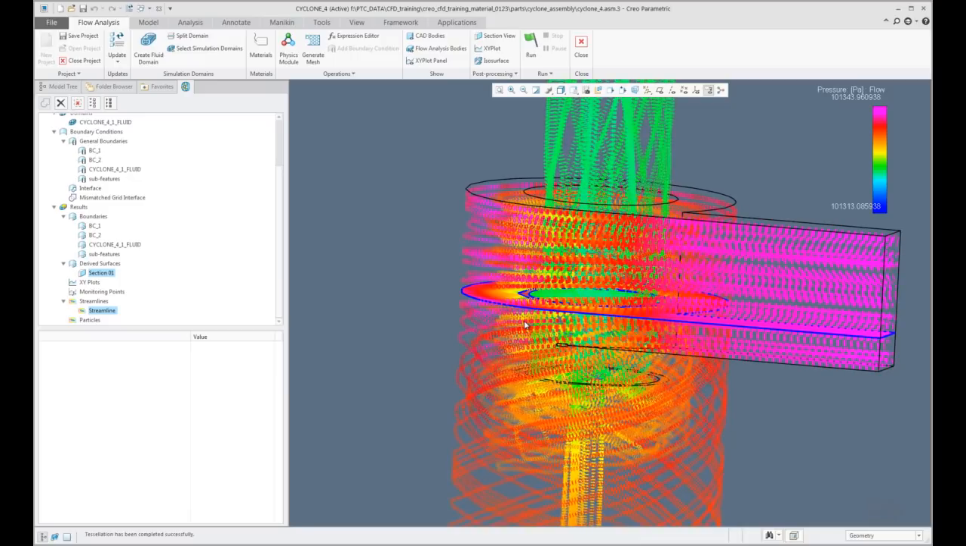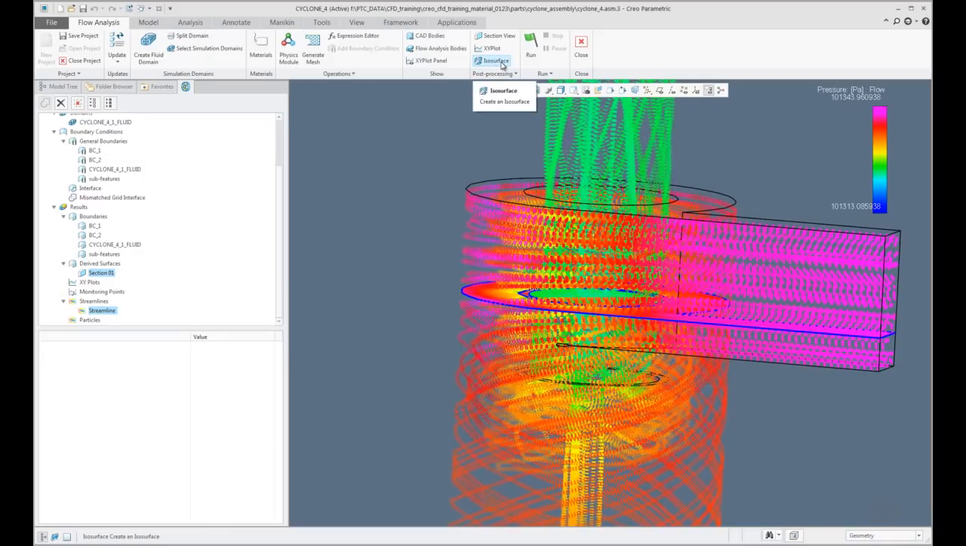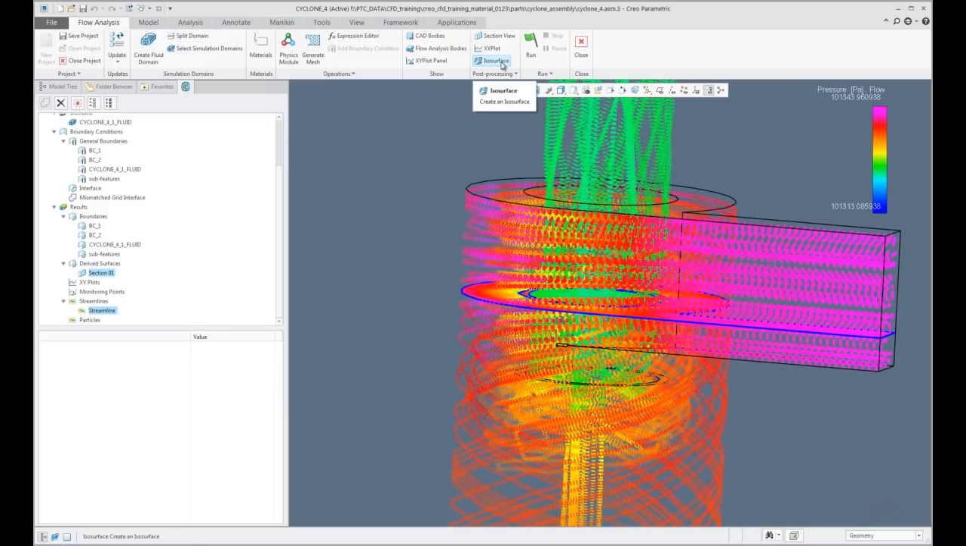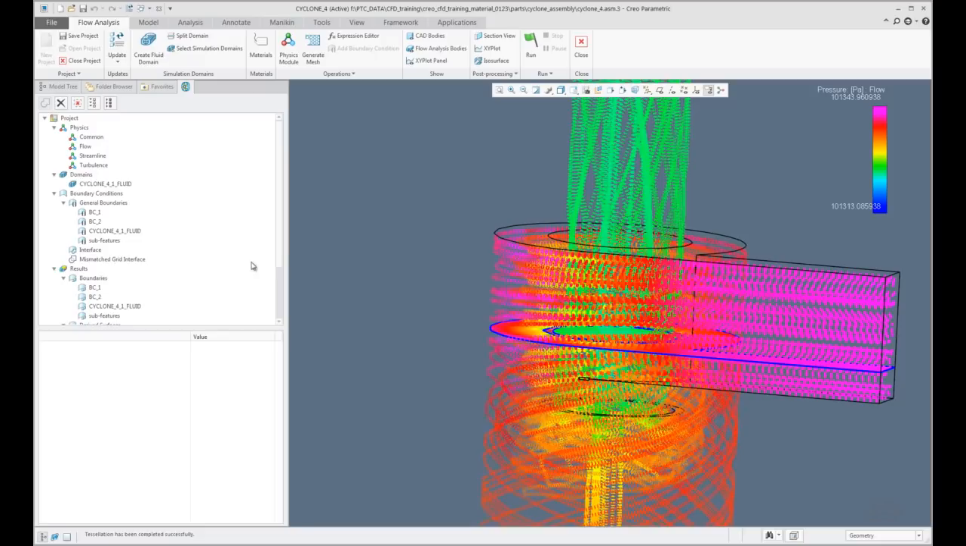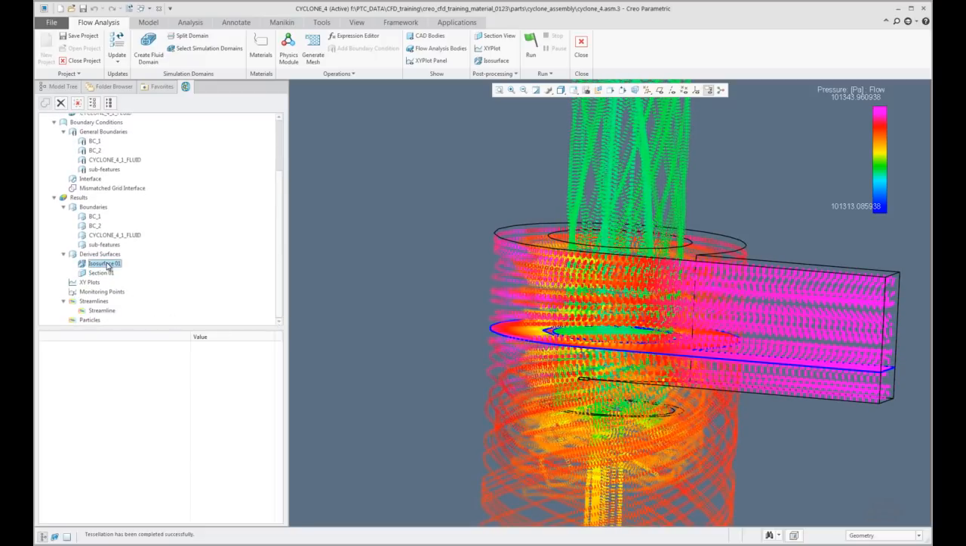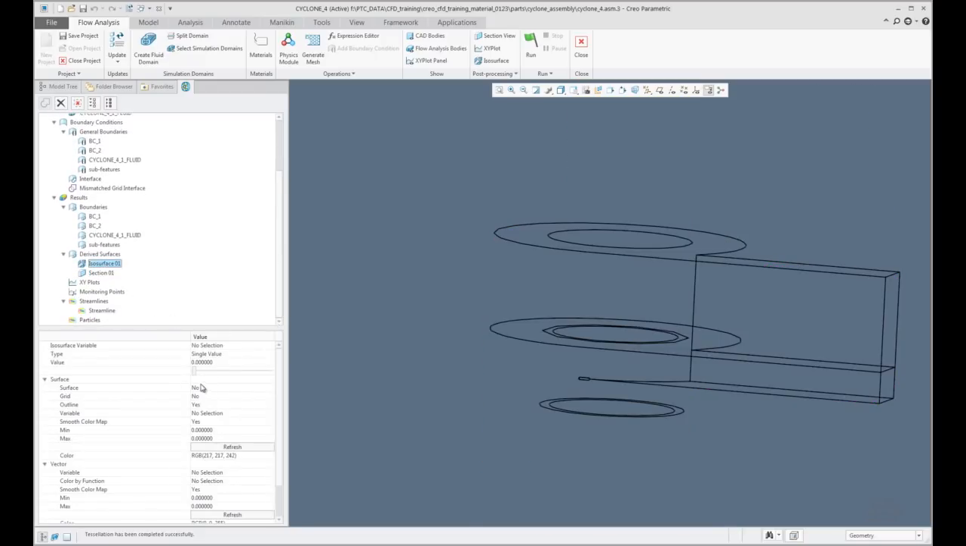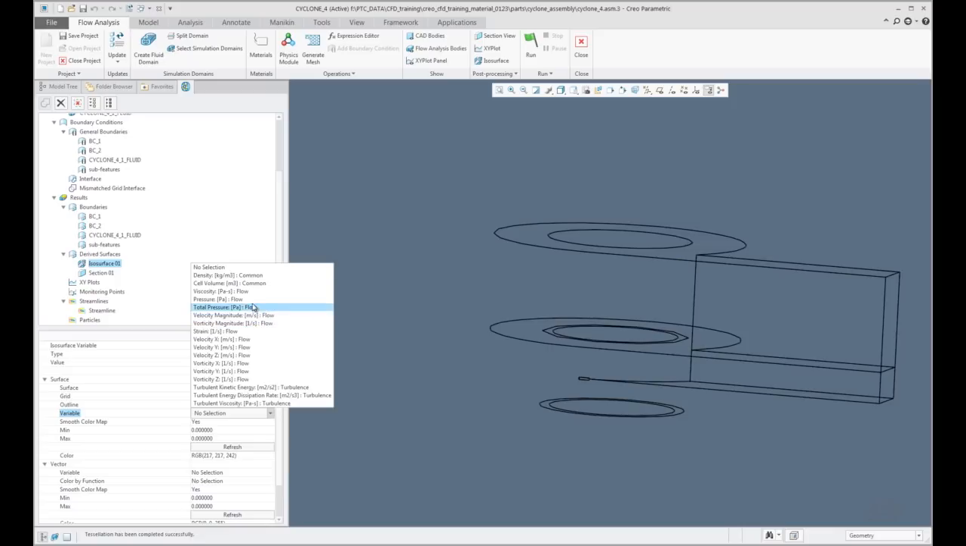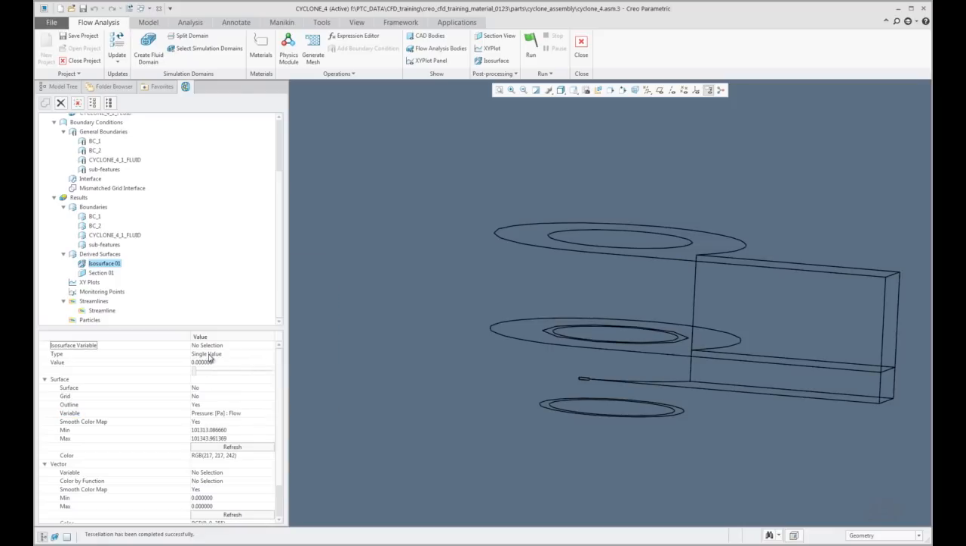If I want to drill down and find areas of similar sorts of pressure, well, I can go and create something called an ISO surface. Those of you familiar with Creo Simulate will be familiar with creating ISO surfaces in Creo Simulate. So if I select an ISO surface and go and pick it in my results section, what I can do here is tell it the variable that I want to examine, and let's have once again a look at the pressure,